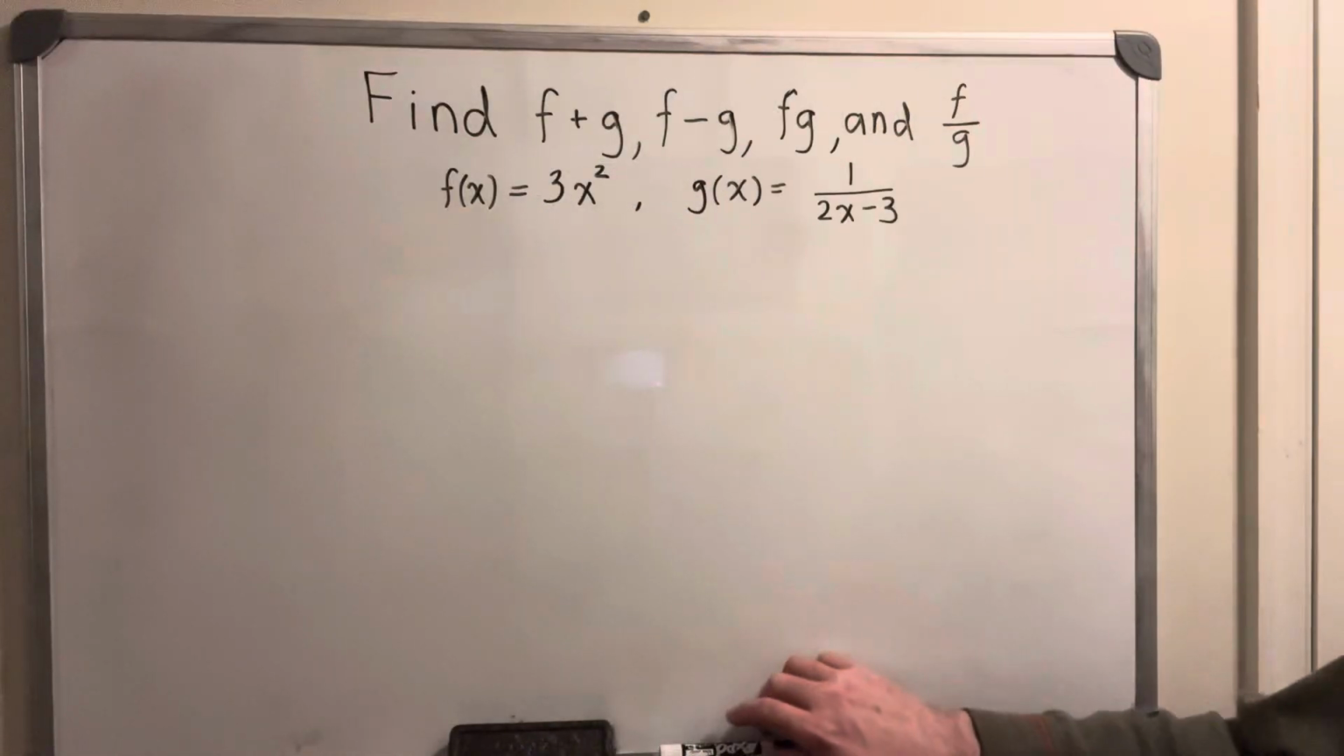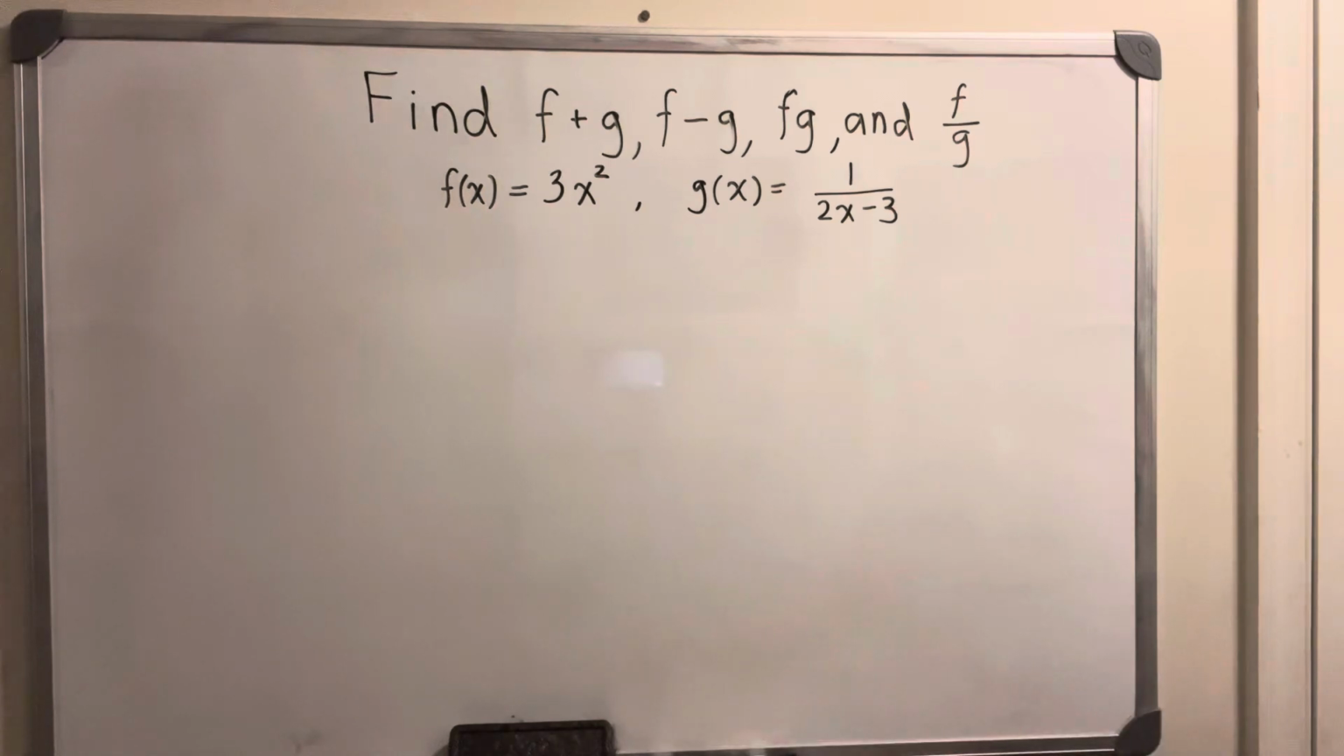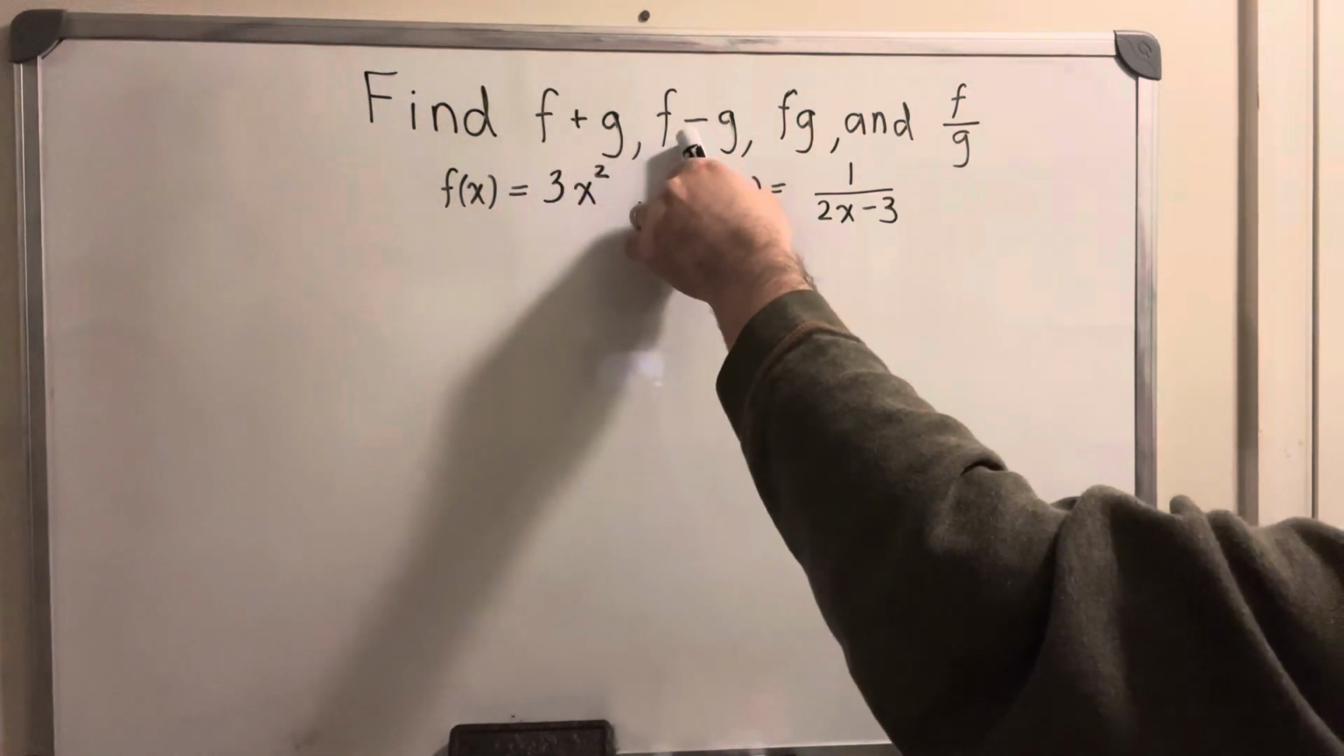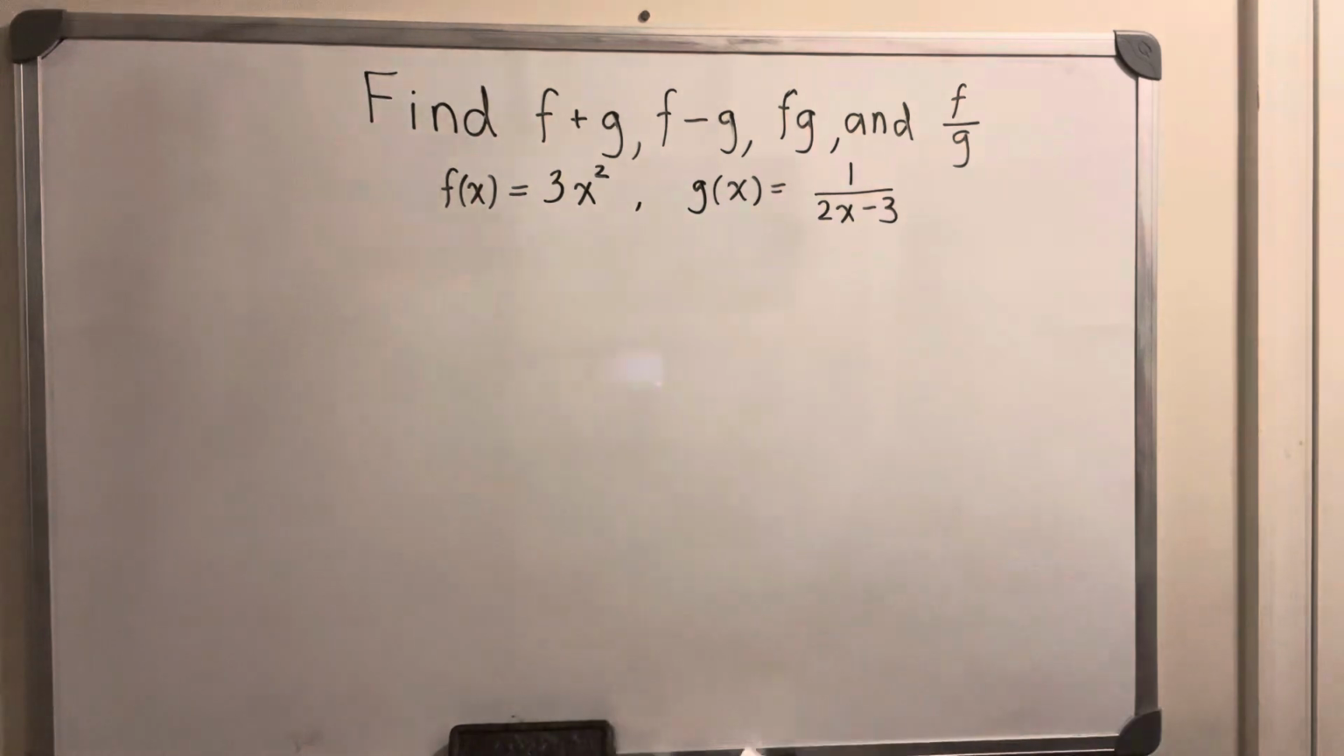This problem says find f plus g, f minus g, fg, and f over g. And here are the functions. f of x is 3x squared, g of x is 1 over 2x minus 3. So this notation means the sum of these functions and difference and product and quotient. So we just simply perform the operations. So the first one